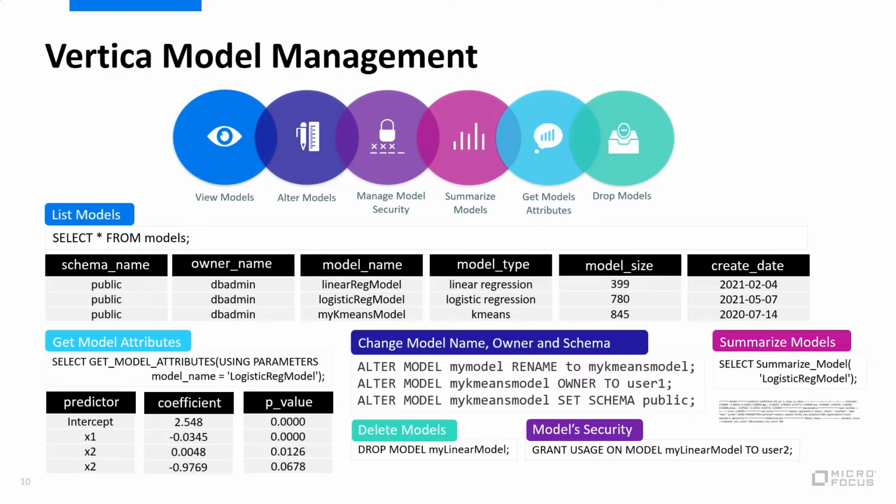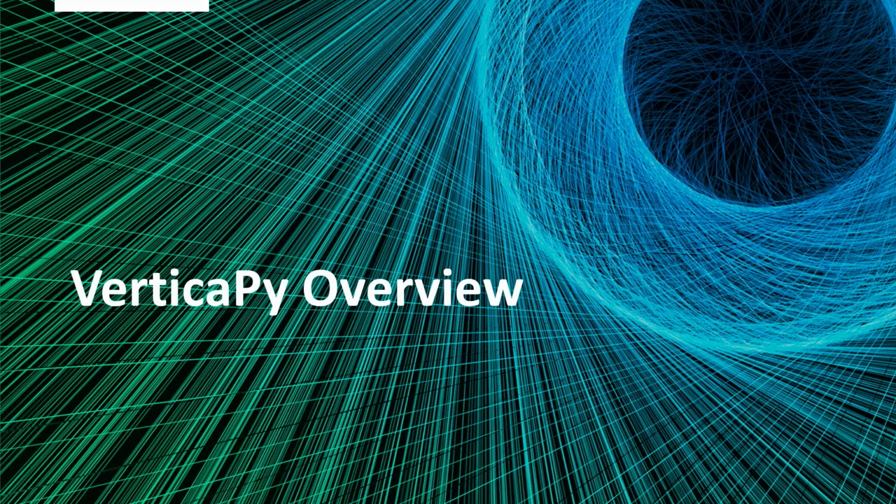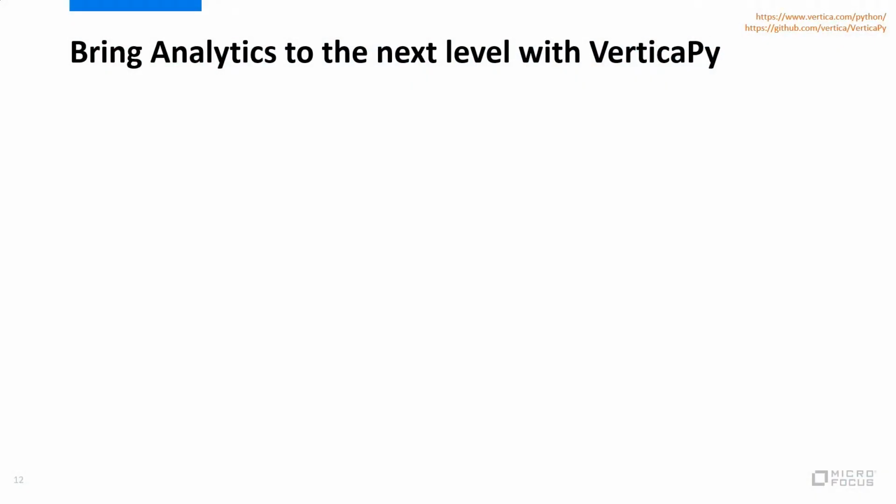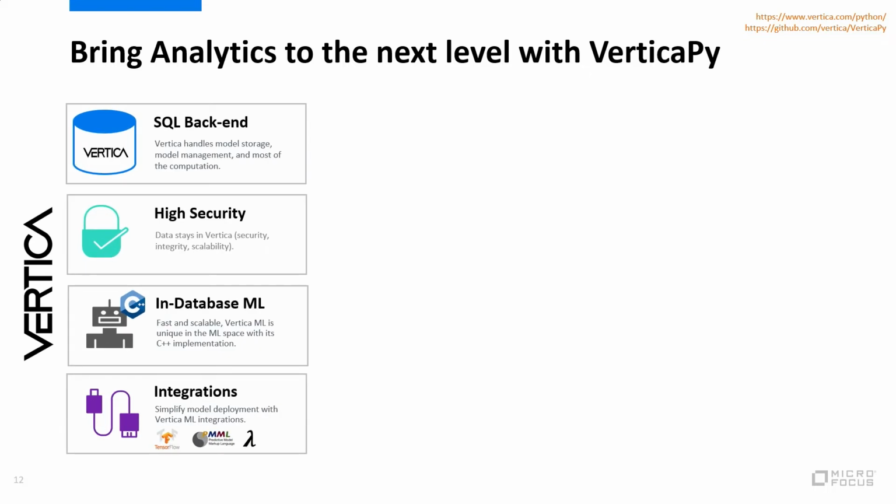You have everything needed directly in the database to play with a model where the data resides. So when you have all this power, all these sets of functionalities inside a database like Vertica, when you have this architecture, this MPP columnar database, an idea can be to bring the easiness, the flexibility of Python at the top of it. And this is the concept behind VerticaPy, because if you look at Vertica, it's an MPP columnar